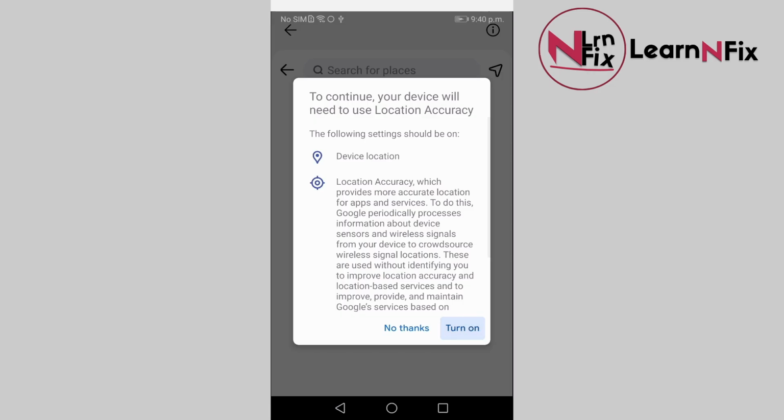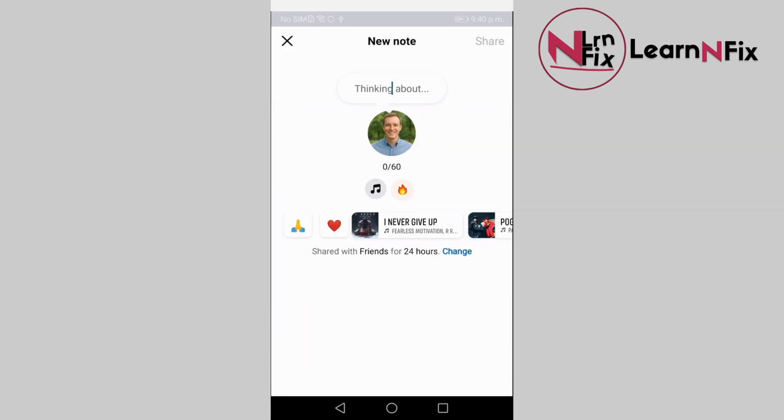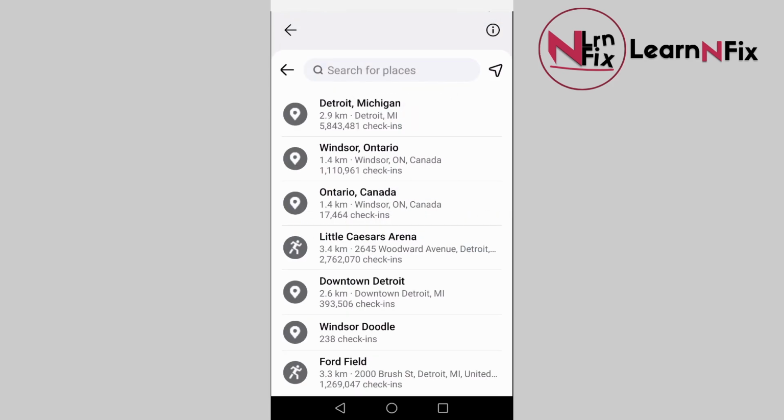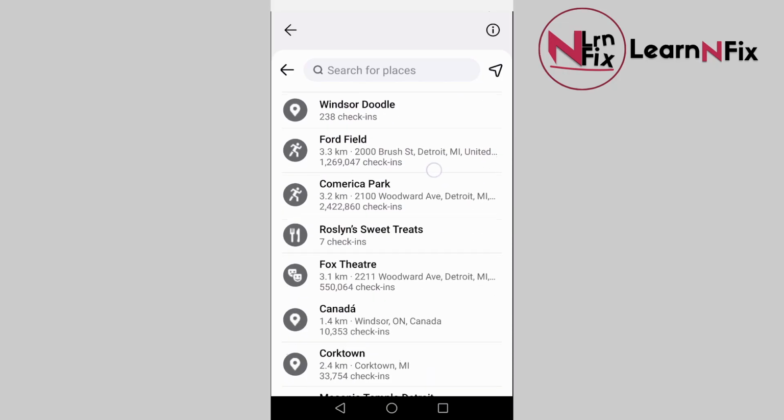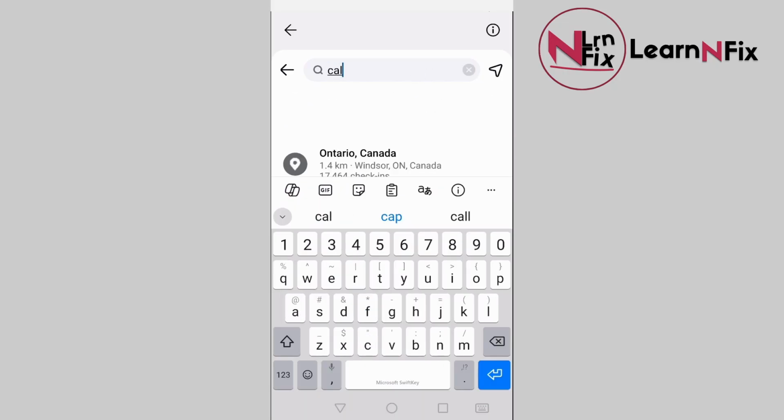And you wanna turn on the location. And yes, got it. So let's just remove this. Okay, here you should find the locations. You could type in any location, let's say California,